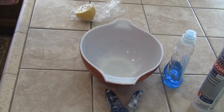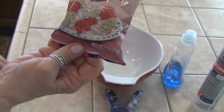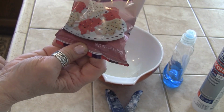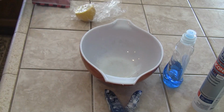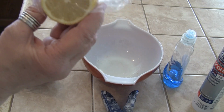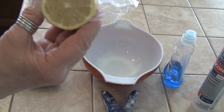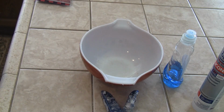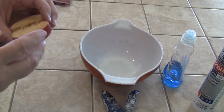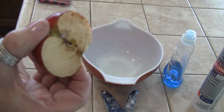So what I'm going to try to do today, and I got these at the Dollar Tree, are the circus animals, and I'm going to try to make a mold with these. A lemon, that I already did one in the other video that was lost, but I'm going to do it again because you guys, it turned out so good. It really did. And then with this grody apple, and it doesn't matter because you're just making the mold of it,